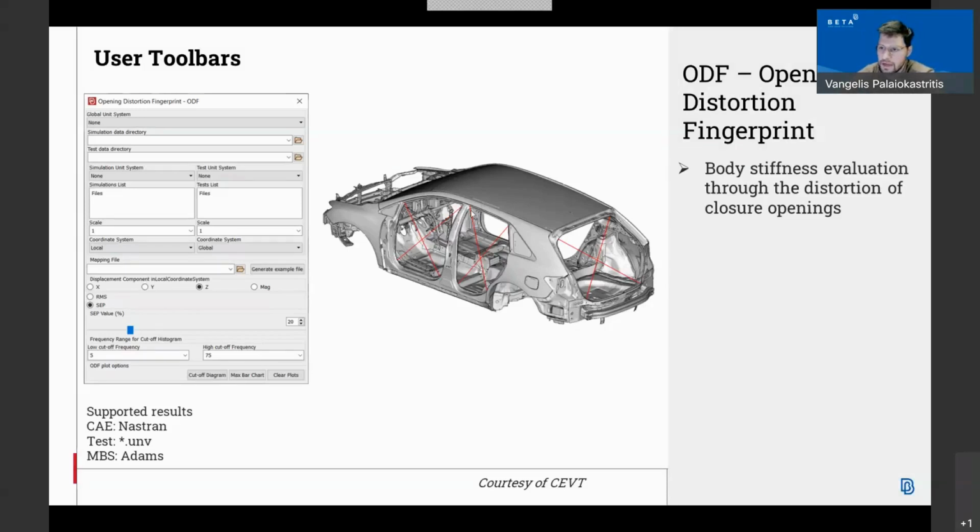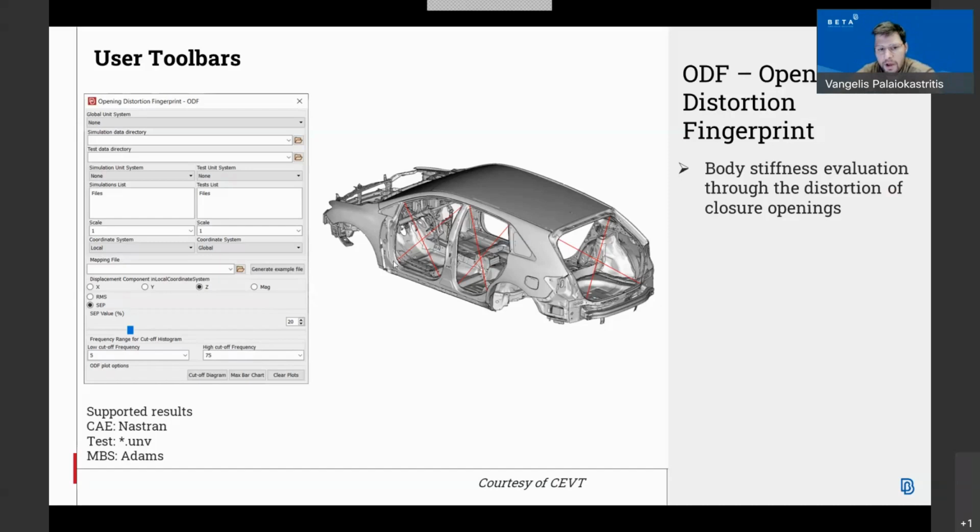The method calculates the distortion of each diagonal, which is the relative deformation between the two nodes, and the displacements of the diagonals, that may come from transient FE analysis or multi-body dynamic simulations or even test data, are used to calculate the distortion signal.